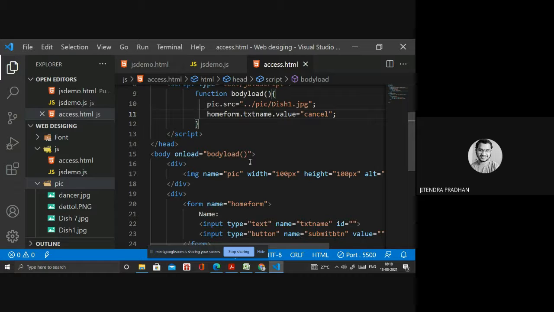Okay. Next I will show you how we access by using ID. In the reference name approach you have to remember that you give the child element inside the parent element, and if you want to access the child element inside the parent element, at first you have to access the parent, then the child, then whatever value and source file you want, you give inside that. I hope you understand these things.